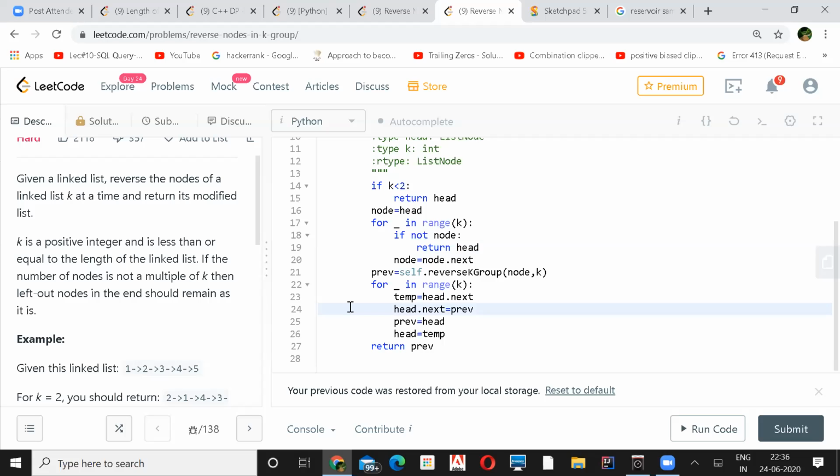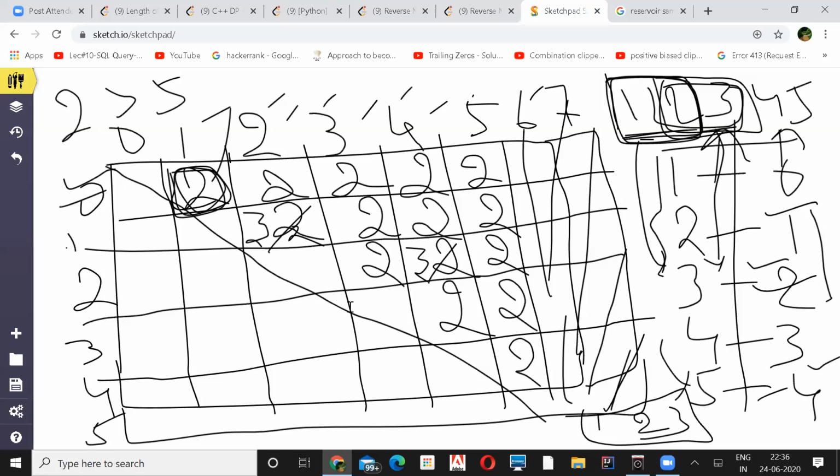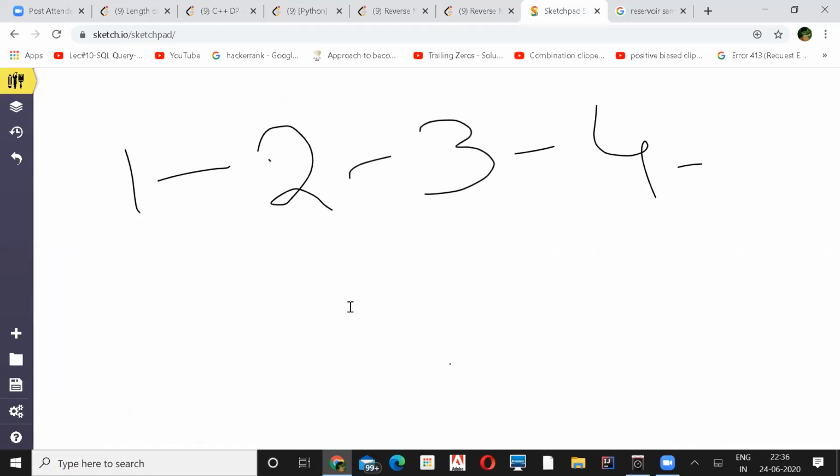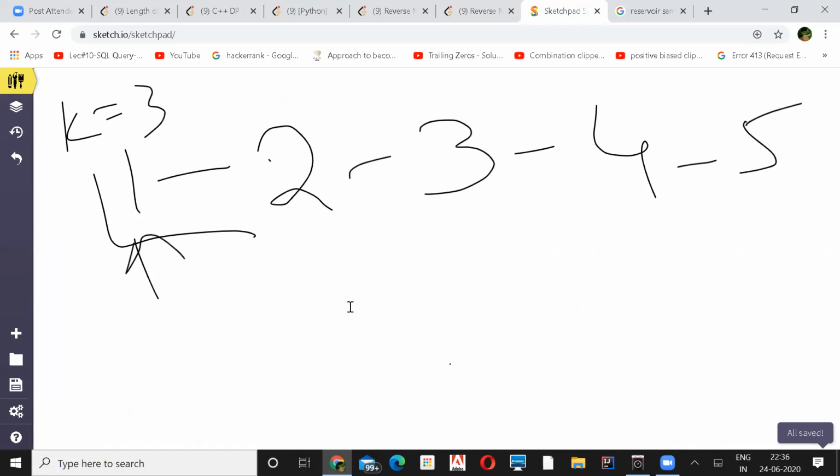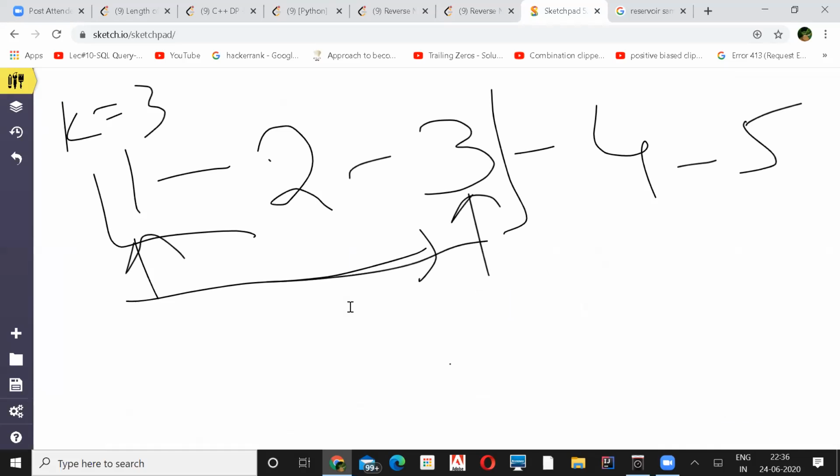So it's like 1 2 3 4 5, right? I'm taking k equal to 3, so I'll start that for loop. I'll start from head and make my pointer till here, and I'll pass this, and it will reverse it.